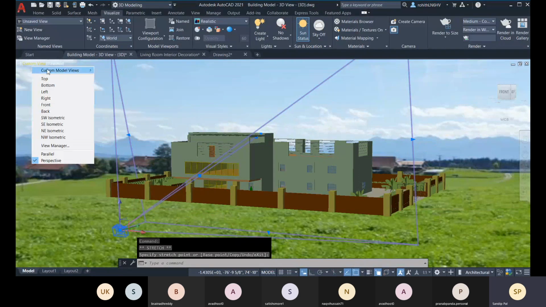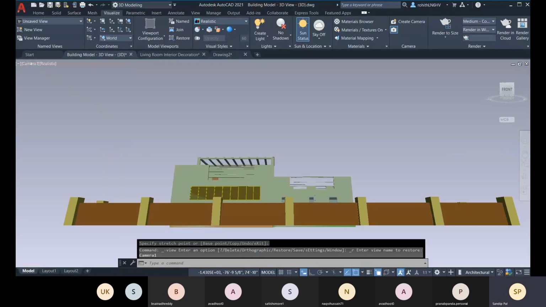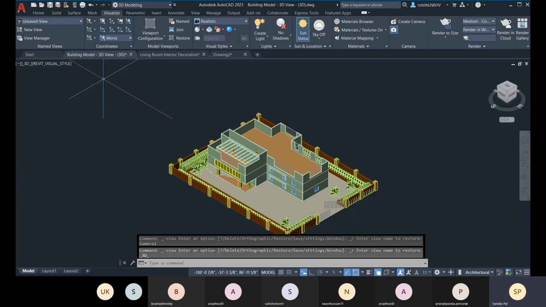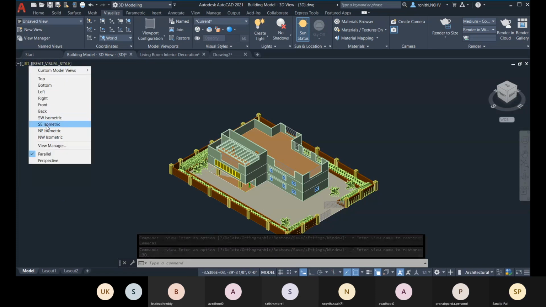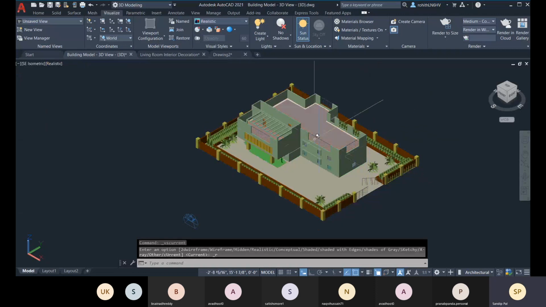And here you have this custom view. Within the view control, you have this camera one. So this one is created already. Again, you have to come to this SW isometric or the one just created here. Let me come to this and change it.